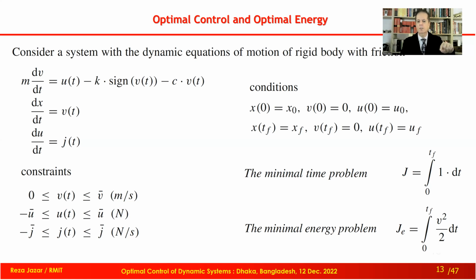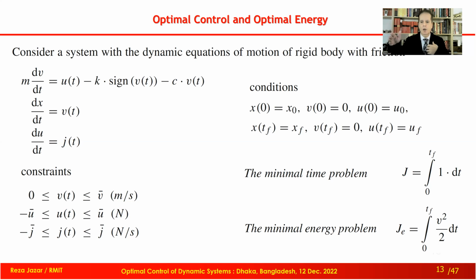So there are some initial conditions, which we are starting from x0, can be 0, with velocity equal to 0, so it is a rest condition, and initial force is u0. And finally, wherever is the final, which is indicated by xf, xf is given to us, so the path of motion is given. The time for the final is tf,